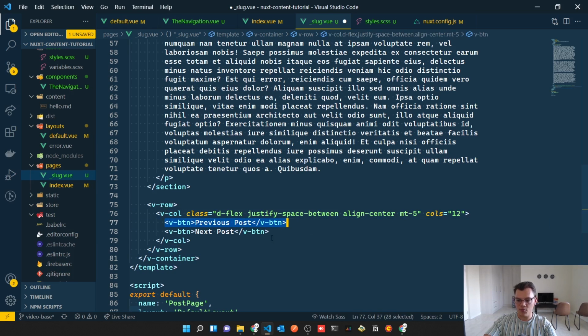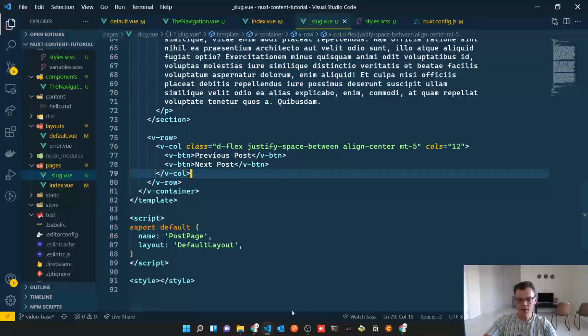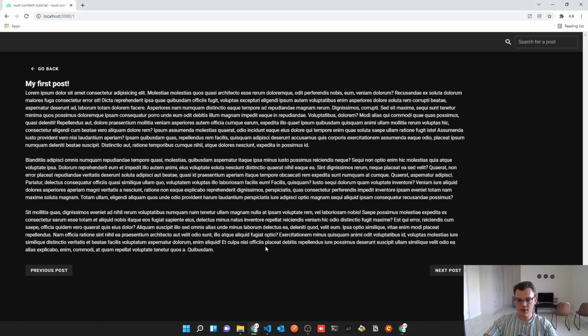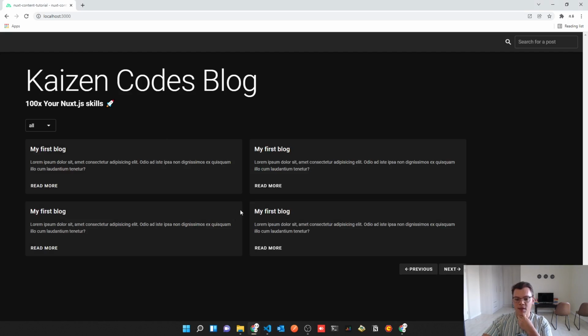So it's just a button that says previous post and a button that says next post. It's flex. There's space between the buttons, so they're on the sides. They align center, they have a margin at the top, and they span the full row. So if we go back to our application, we can see that we have previous post and next post. So that's basically the layout for our application,